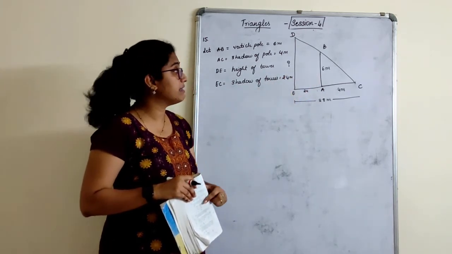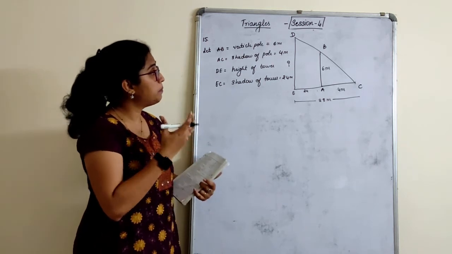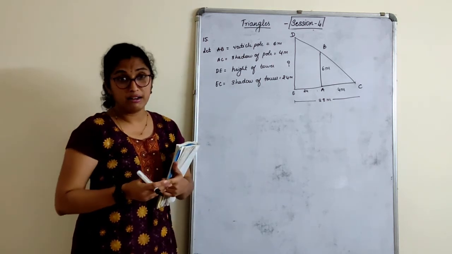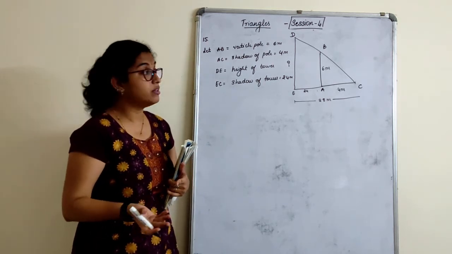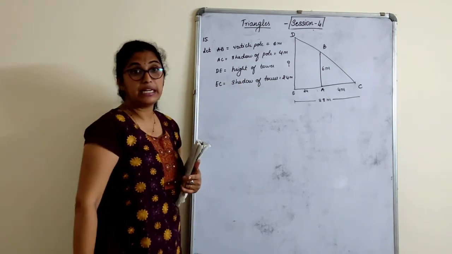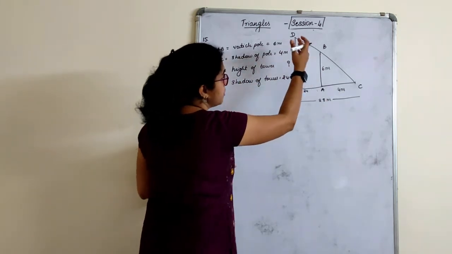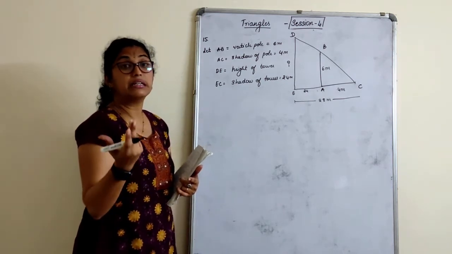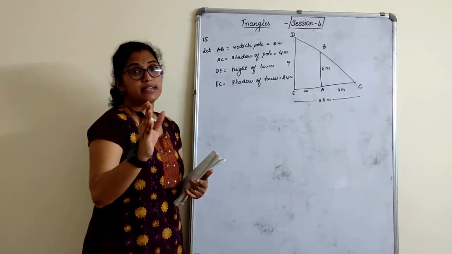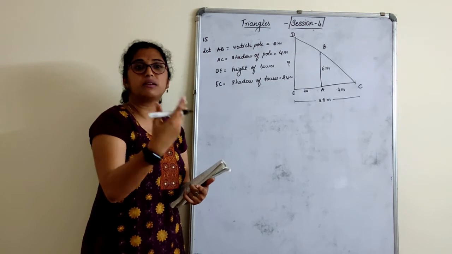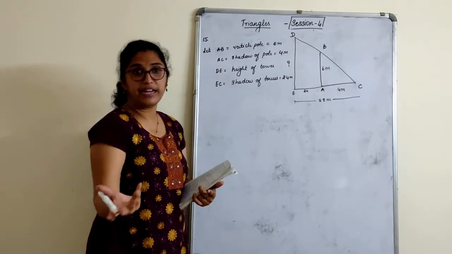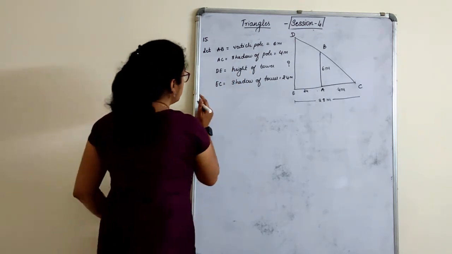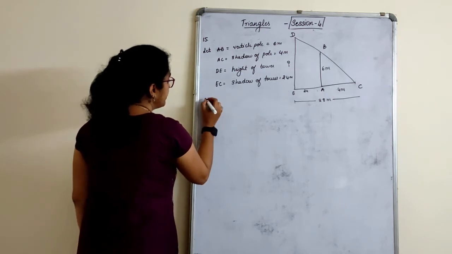So directly you can tell that, assuming that the pole and the tower are parallel to each other with respect to the ground, therefore apply BPT directly. This upon this is equal to this upon this. You can go with that. If not, prove the triangles are similar, write proportional sides, substitute the given values and find. Left to you. Okay. So I go with the similarity part only here.